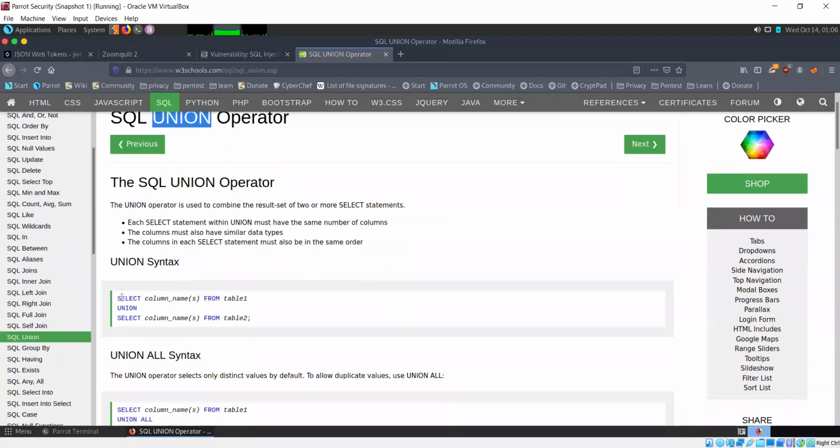See the syntax here: SELECT particular columns FROM table 1, UNION, SELECT whatever columns you want FROM table 2. The condition is that each SELECT statement must have the same number of columns. So if there are two columns here, then there should be two columns here as well. If that is not the case, it is not going to run. It's going to give you an error.